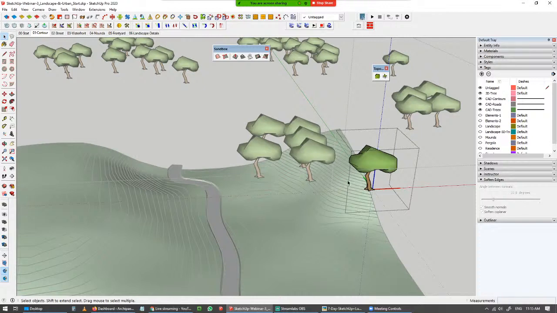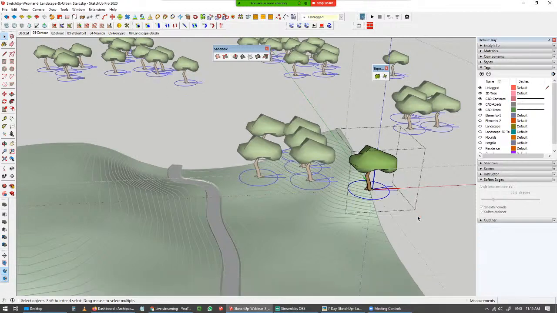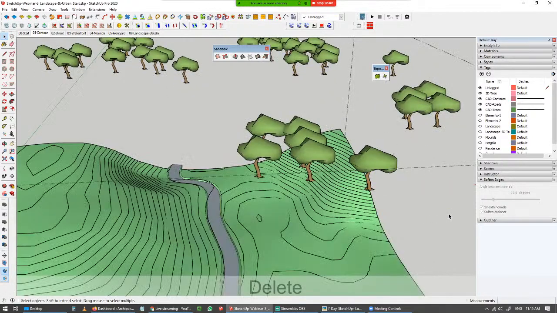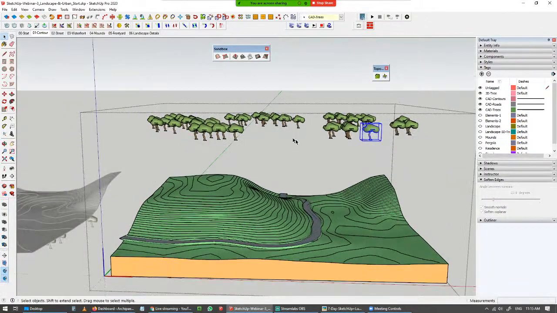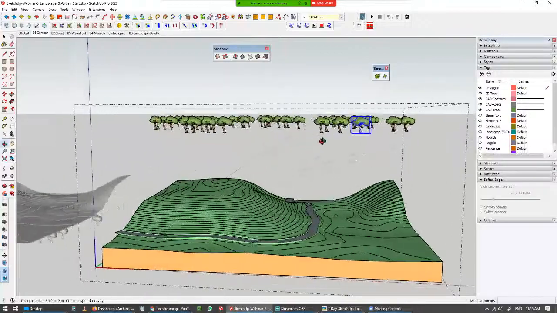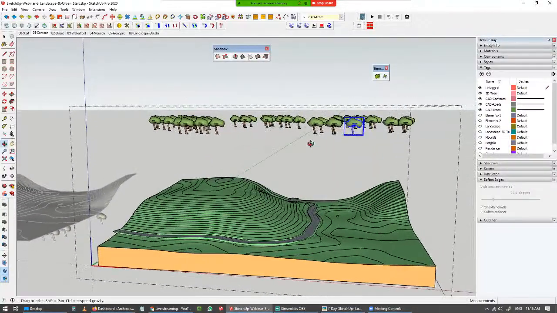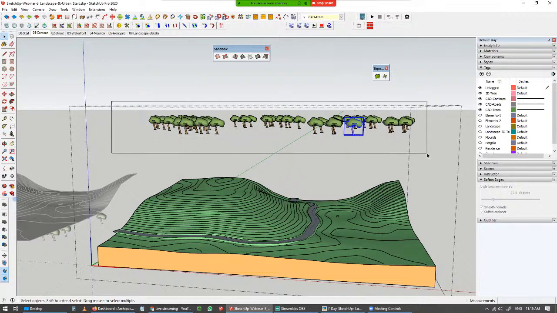Now I can get rid of our 2D lines and click outside to complete the command. Now we have all the trees. Now they are all on the same surface, same level, but we need to project them on the terrains which are at different levels. Now we can either place them manually, but we are going to work intelligently here and